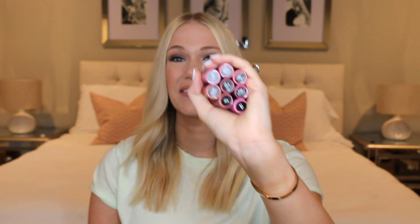I had to save my favorite products for last, and this isn't just my favorite lip product from the drugstore. This is my favorite lip product of all time. So if you're wondering what it is, the NYX Butter Gloss. I have so many of these. These are literally the best glosses ever. I highly recommend them. Anytime anyone asks me for a lip product recommendation, I am always gonna tell them NYX Butter Glosses. They come in so many colors, as you can see,